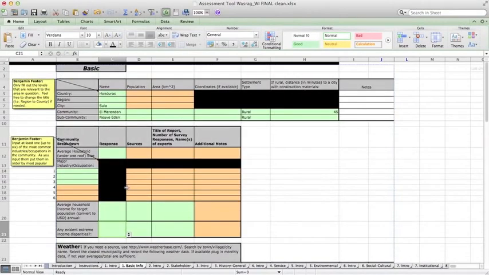So now we have the basic info section. I'll walk through this as if we were assessing a community, and I'll put in some fake data that we can use at the end. So very beginning, it's pretty straightforward. I already have some of this filled in actually. It asks for the country, the region, the city, the community, the sub-community. So for example, we'll take Honduras